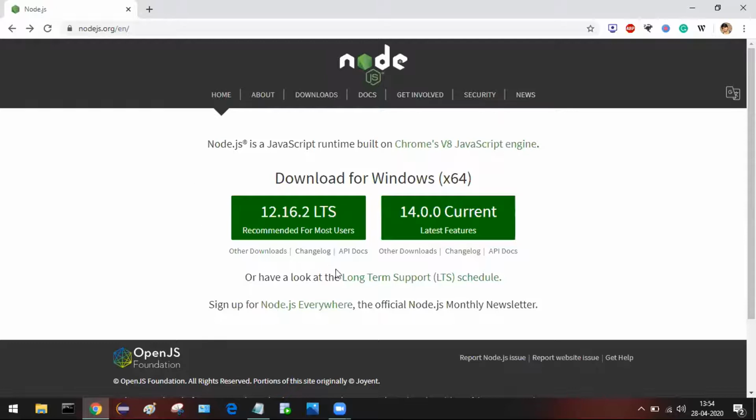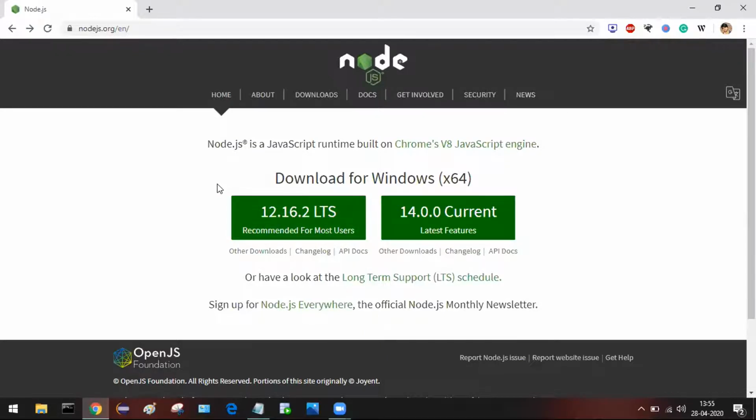And here there are two main download options. First one is recommended for most users. Second one is latest features. The setup having the latest features, and the installation file that contains the recommended features for most of the users.